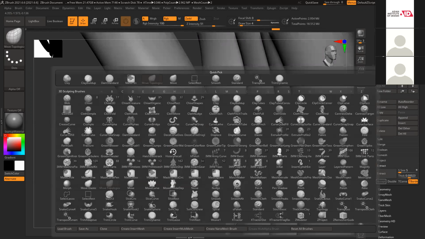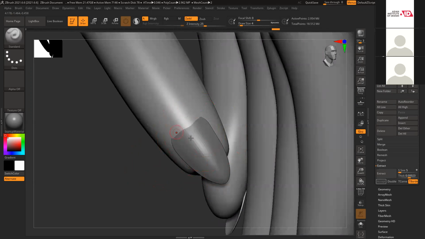So the standard brush, push it slightly inside and push the edges slightly outside.